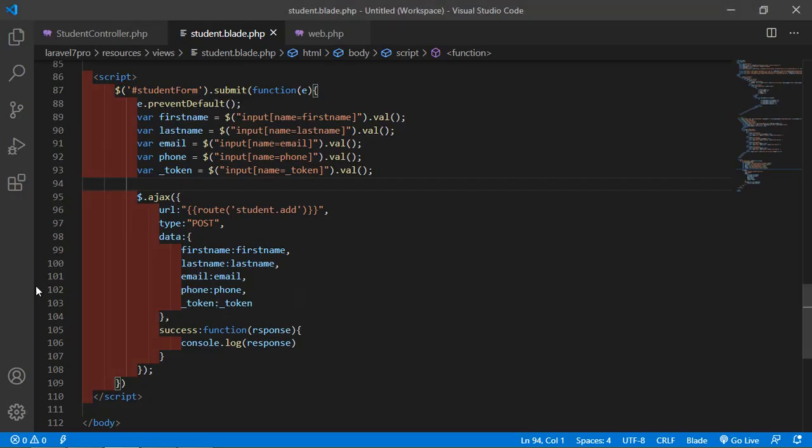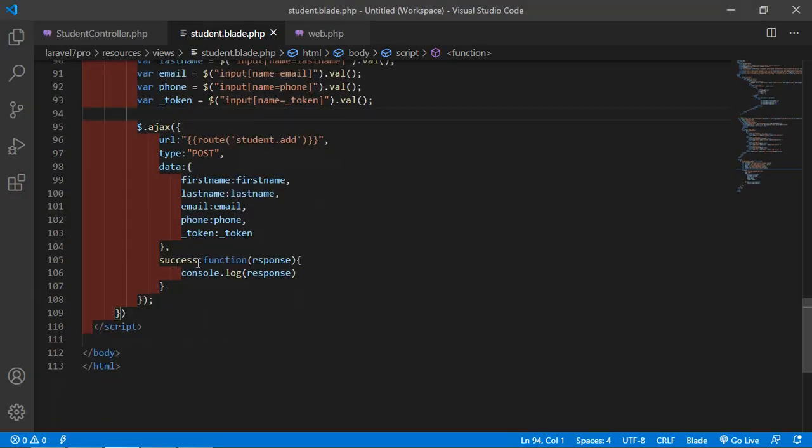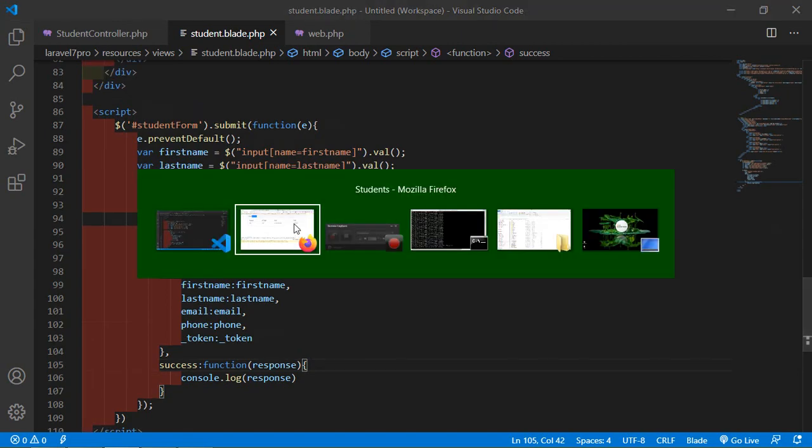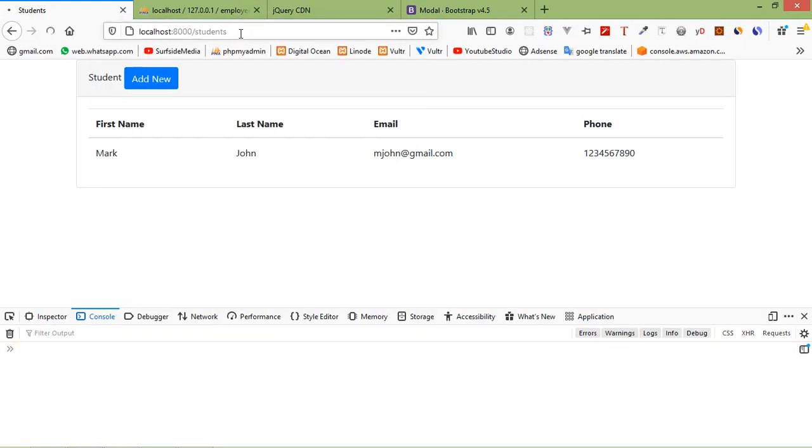So let's check inside this success response. Okay, spelling mistake here. So just write here response and response. All right, now save this file and try one more time. So just refresh the page,